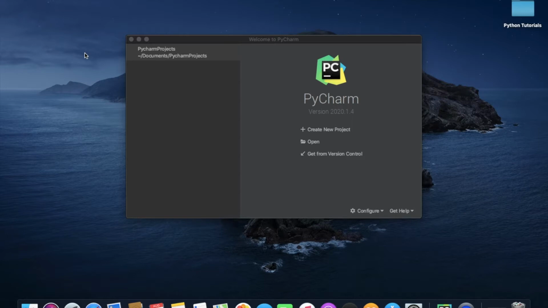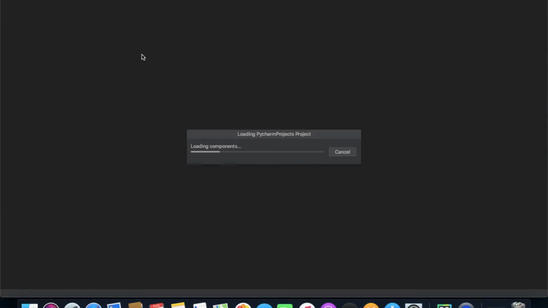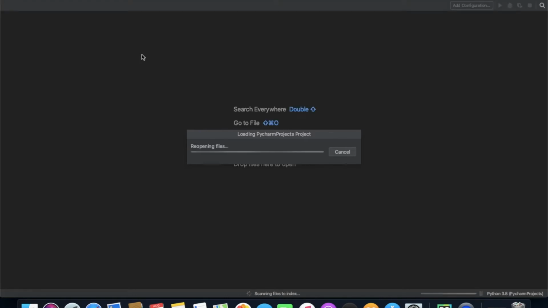So first we should know what operators in Python are. Operators are special symbols in Python that carry out arithmetic or logical computation. The value that the operator operates on is called the operand. So first let's open our PyCharm and we'll look into a practical example of how we can work with operators.